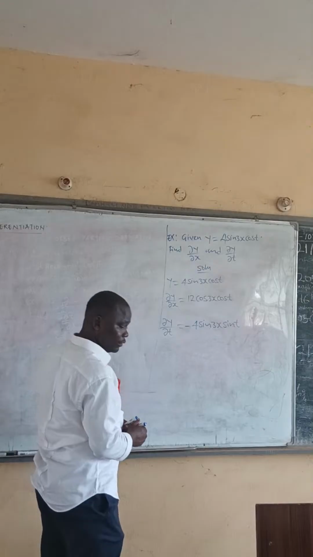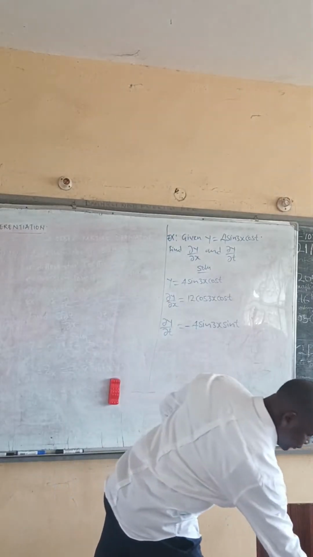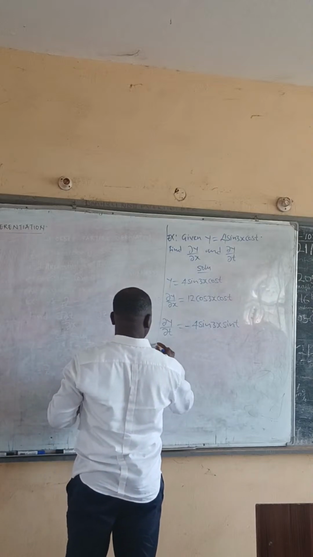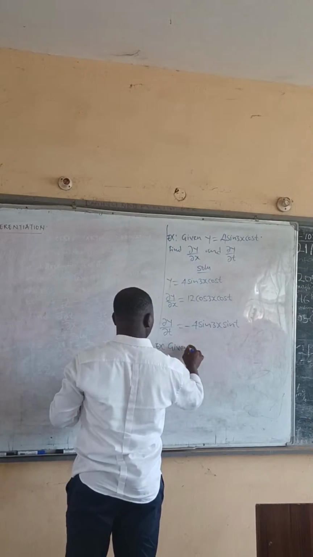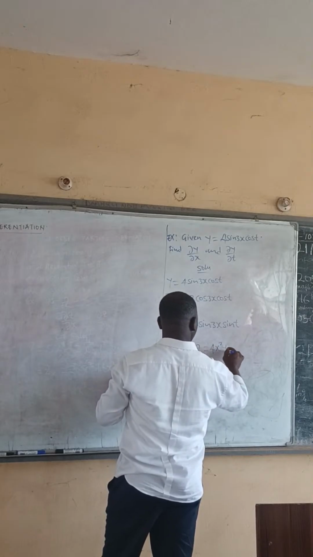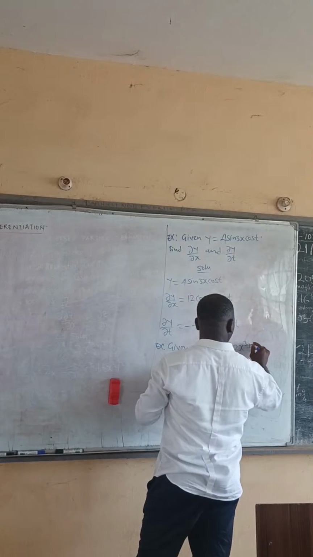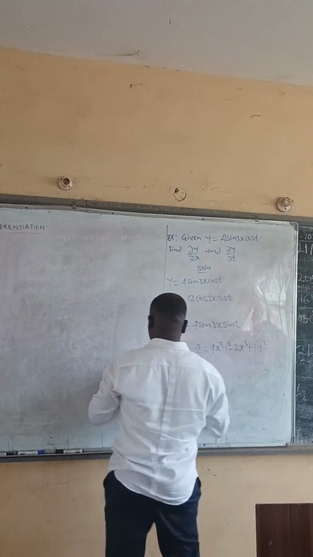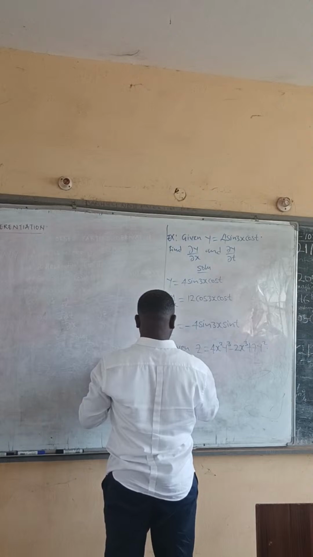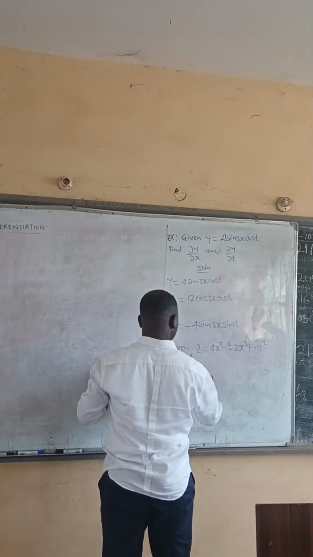Okay. Let's have another question. Another example. Given z equals 4x squared y raised to the power 3 minus 2x raised to the power of 3 plus 7y squared. Find